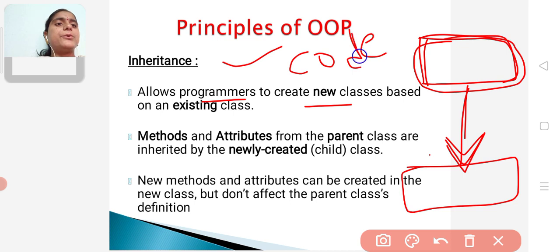Okay, so the main use of inheritance is we write the code once. Okay, we write the code once and we can use that code anywhere in our program, without rewriting the same code again, we use the existing code again. So this is the main concept of inheritance. By doing this, we avoid the duplication of the same code.